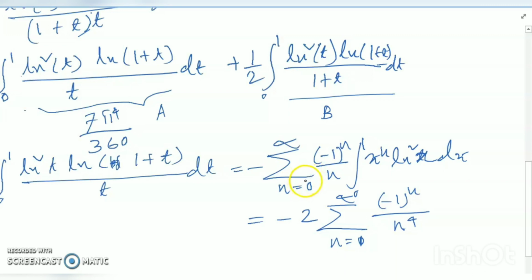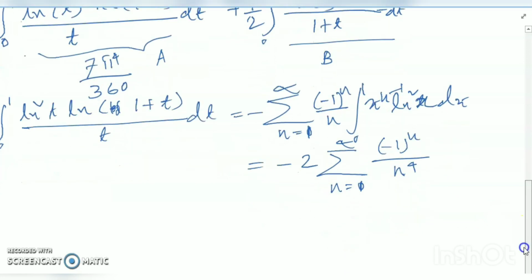So the formula is minus, okay, x to the power n minus 1 I have written. So it is n equals to 1. So I can write n equals to 1, x to the power n minus 1 ln square x is equal to minus 1 to the power n to the power 4. Okay friends, so I hope it is clear that value is equal to, so 2 eta 4